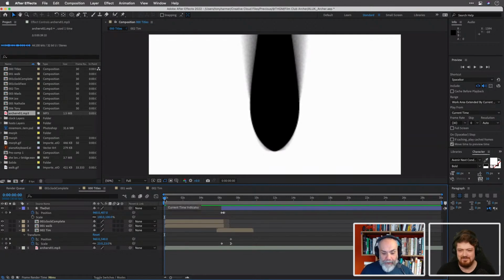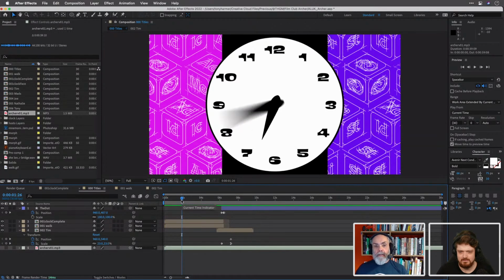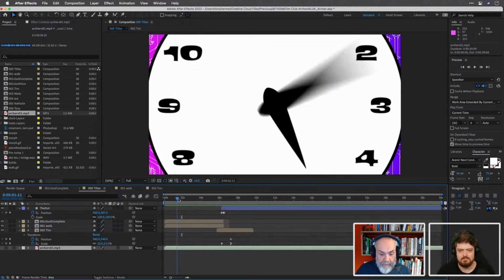Anyway, what I'll do is I'll just scrub through this. I'm just going to turn off the audio. Audio scrubbing shouldn't work here. But the audio track is down at the bottom. This is the main composition that all of the titles are going to come from. Oh, and we did this background using the Nimbling 30 SSR plugin to create these isometric versions of the mnemonics. And then I used a plugin to make them look a bit more sketchy with these overdrawing lines and whatever. And I think that looks pretty good, actually. I'll show you the pattern in just a moment.